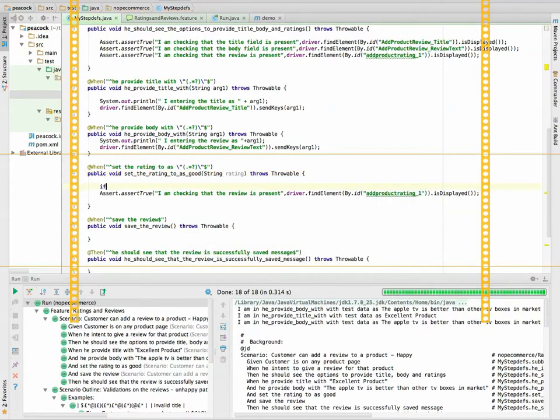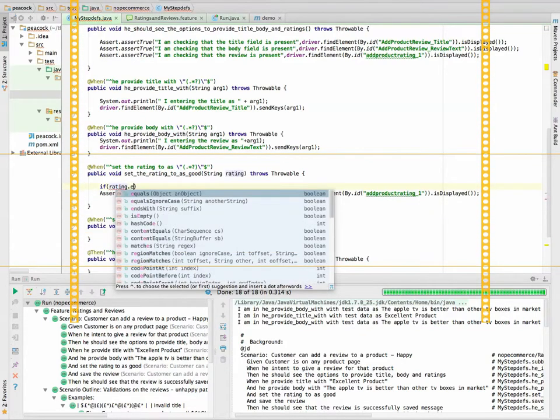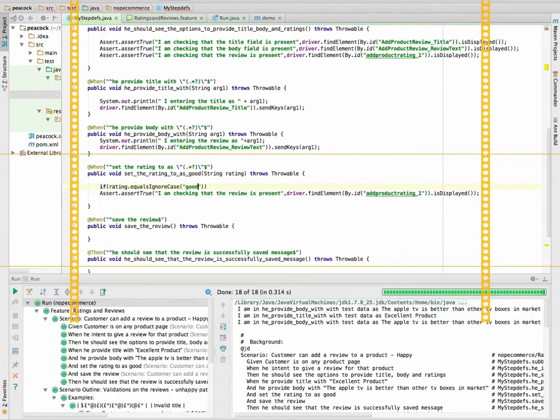Now what it is saying: if rating, here we need to use a little bit of Java, equalsIgnoreCase, "good". What is the number for good? 4, right? Yes. So if it is good, then it is 4. The ID is always underscore 1, 2, 3. That is the way the developer had designed it. So if it's good, I am asking it to go under icon 4. I can directly give 4 here and do it directly.